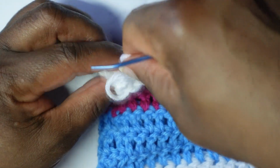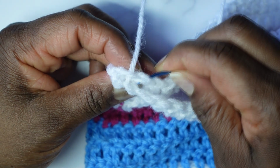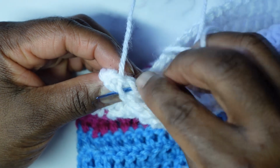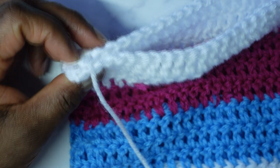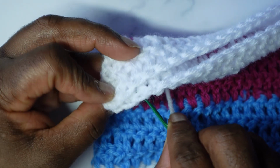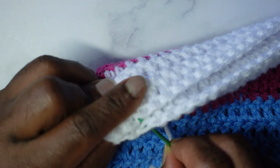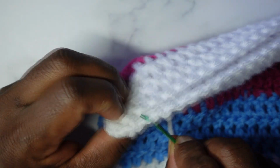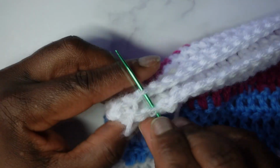Now we're going to go from that side back towards us for the next set, the next 2. Okay, so find the outside loop on that side and then the outside loop on our side and pull through. Then we go to the next set of tops and still working the outside loops. So the outside loop on my side, going to the outside loop on the other side, and then you'll